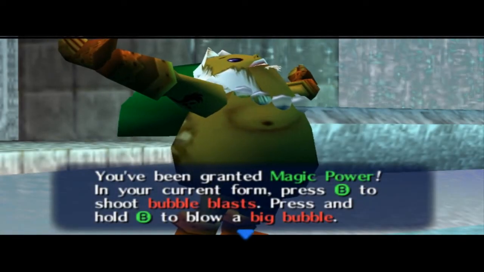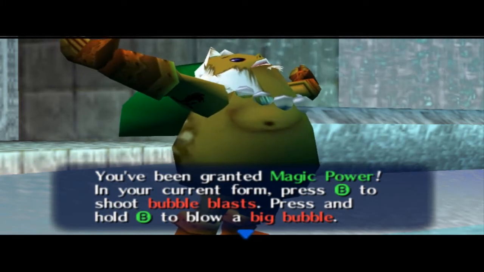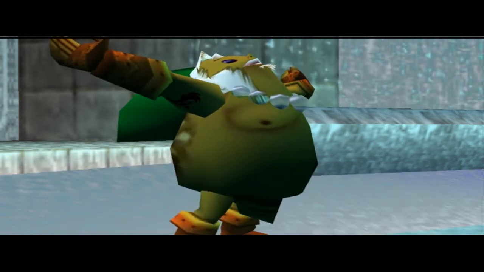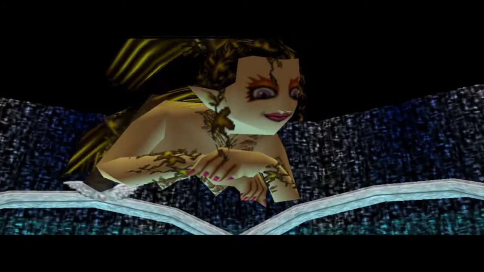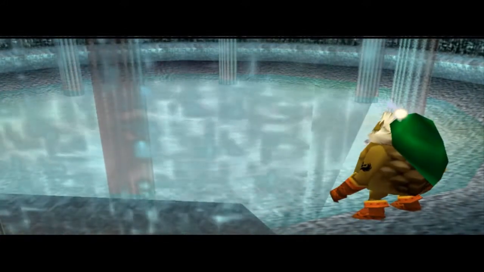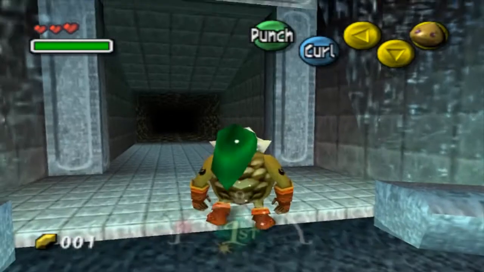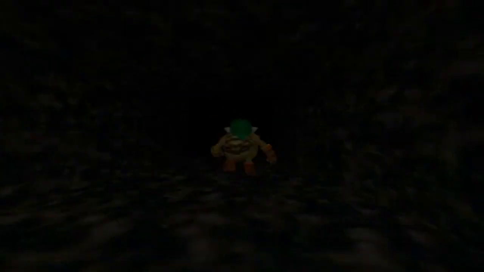Sorry about that, just had an interruption and just left Goron like standing here with his arms outstretched. Praise be to the heavens, we got magic power. Honestly, maybe I should have held off on that because there's actually a nice little exploit where if you have no magic, but you roll around as Goron Link, it's like you have the blue bar of magic. You never run out, so...